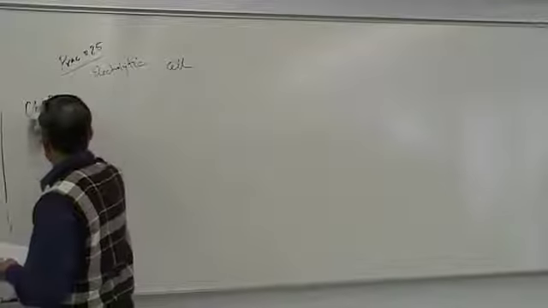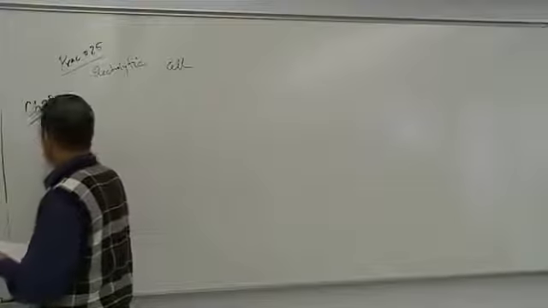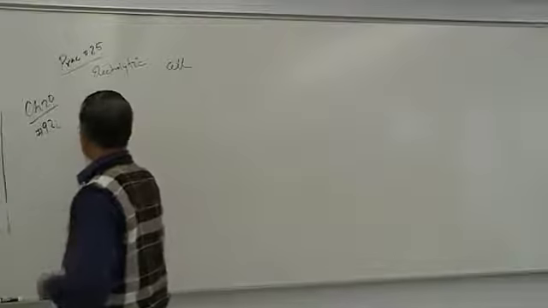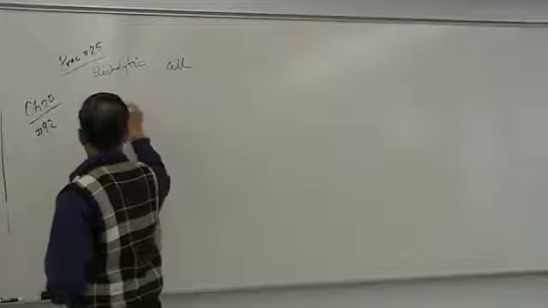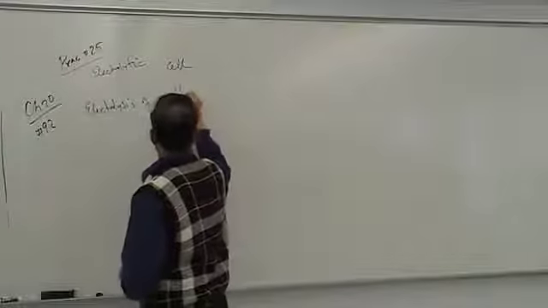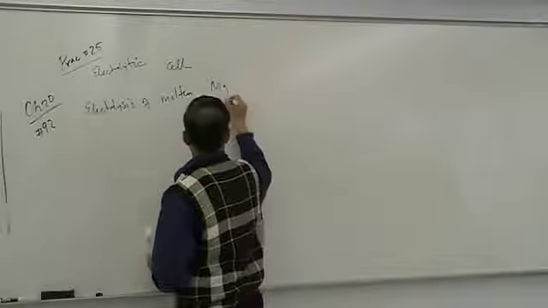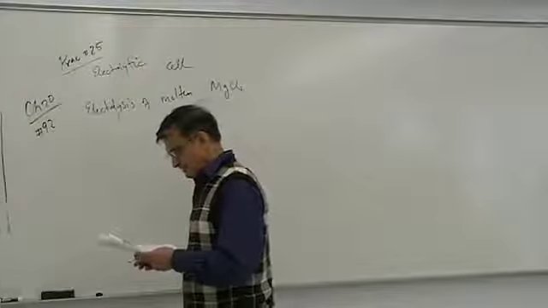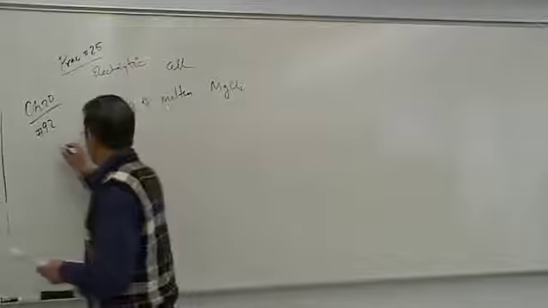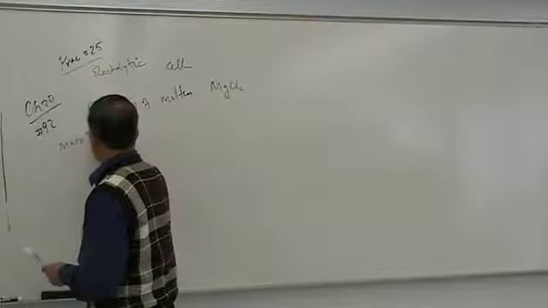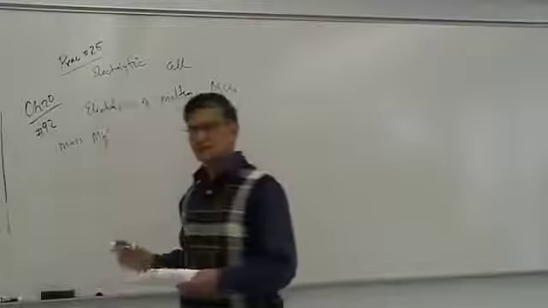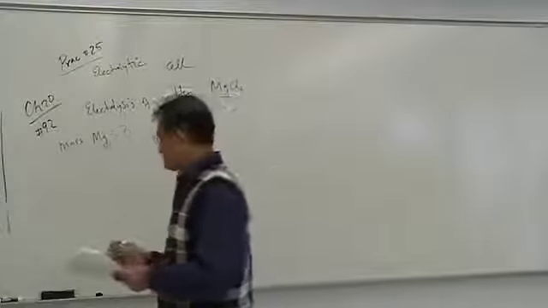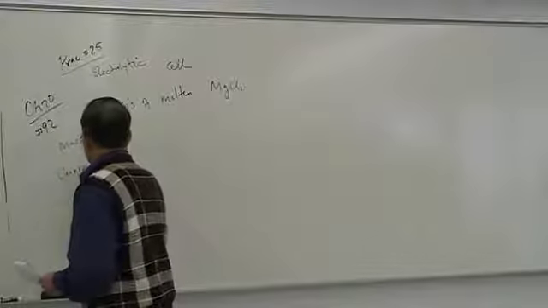Again, I picked one problem from the homework, number 92, from the Brown-LeMay book. The question is about electrolysis of molten magnesium chloride. Molten means melted. That means it's liquid now. And the question is, what will be the mass of magnesium that you're going to deposit? Normally that happens at the cathode compartment. How much magnesium will be deposited on the cathode if the current, the electricity that you'd be passing through, is